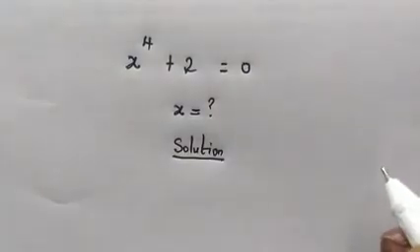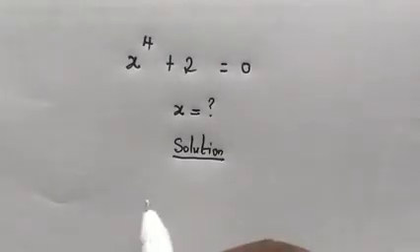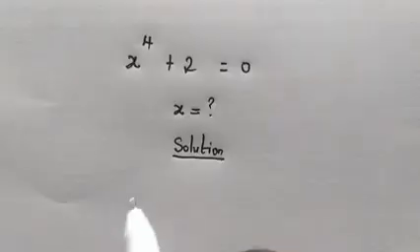Today we have the innocent looking quartic equation, x to the power of 4 plus 2 equals 0. So in this video we're going to find all values of x that will satisfy this equation. Okay, so from the left hand side we have x to the power of